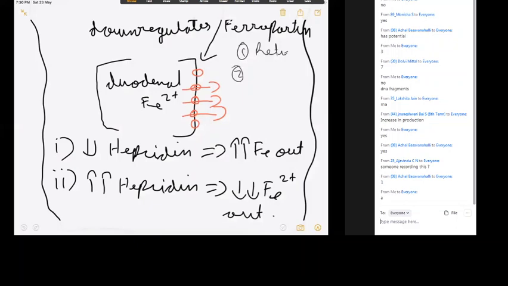Then I wanted you to know how iron is absorbed. Then I wanted you to know a condition called hemochromatosis, which is a result of mutation in a gene which decreases the production of hepcidin. Okay,